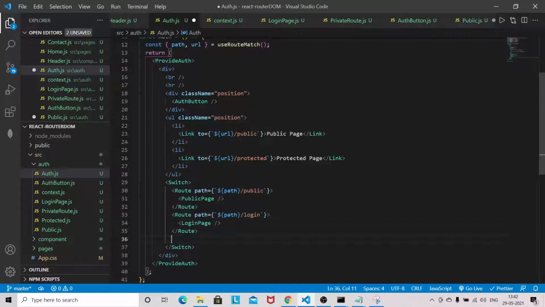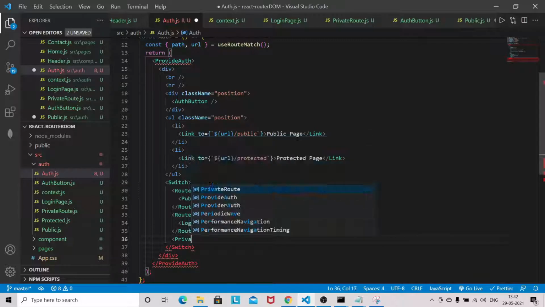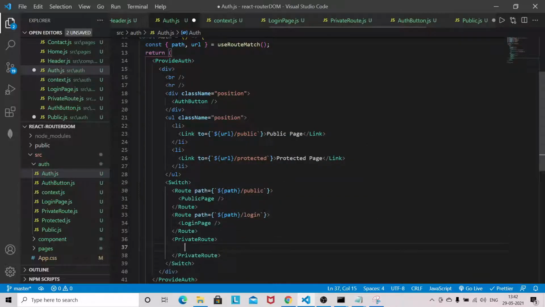Now we can have our private route, and the path I will give.